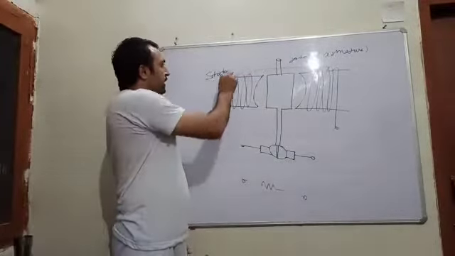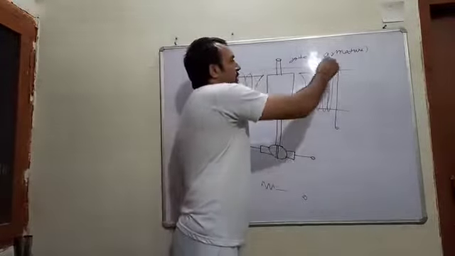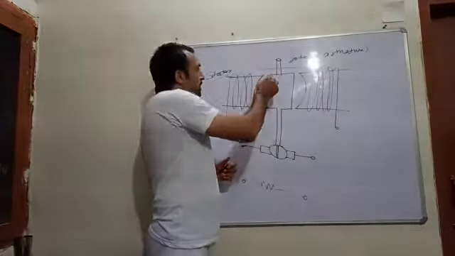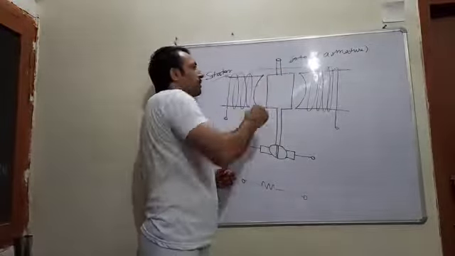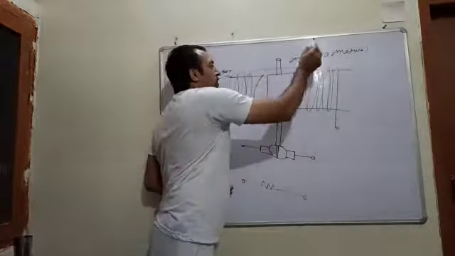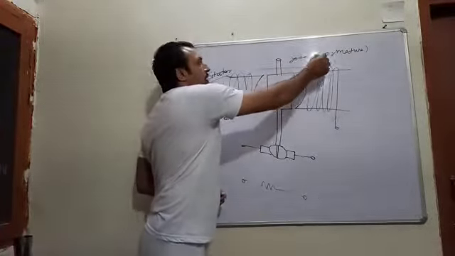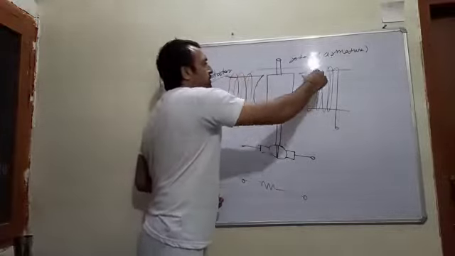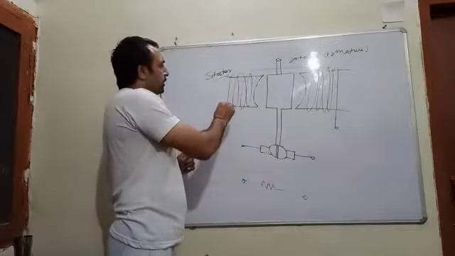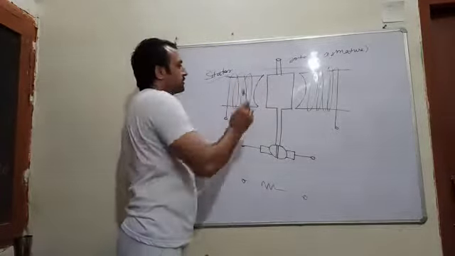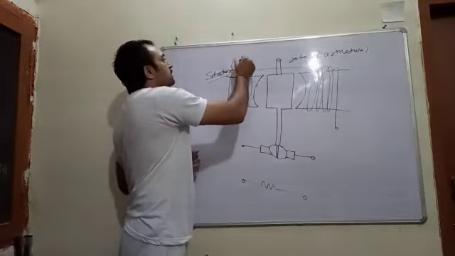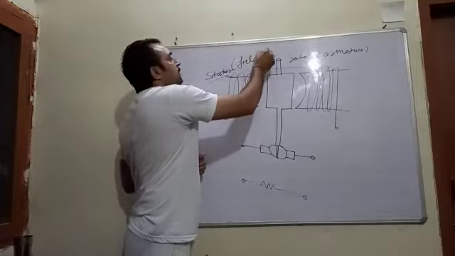Okay, so the winding which is wound on the stator part is called as stator winding, and the winding which is placed in this moving portion is called as armature winding. So the winding here is armature winding, this winding is stator winding. Because the main work of this winding in this case is to produce the magnetic flux, that is why this is also called as field winding.